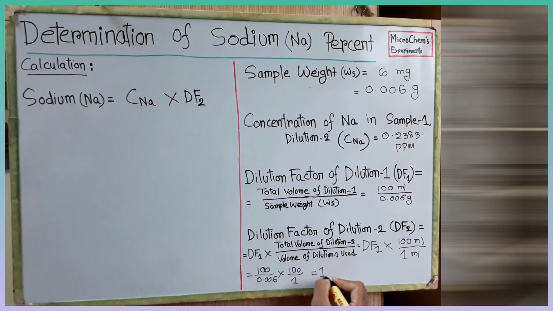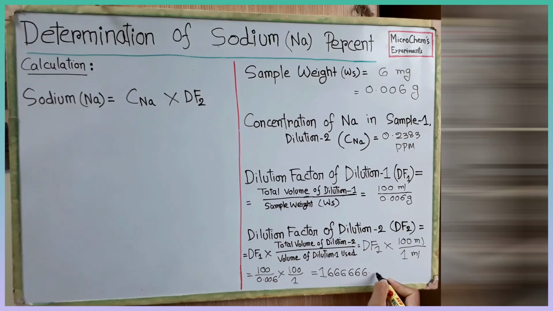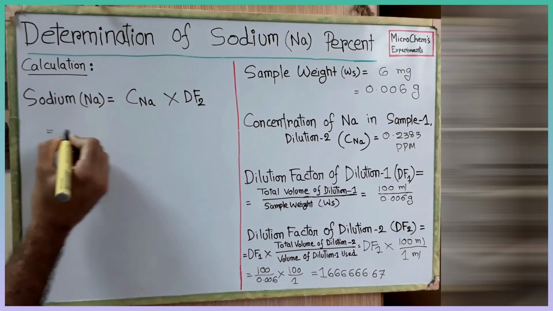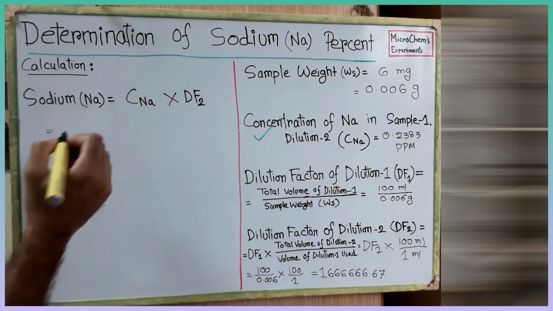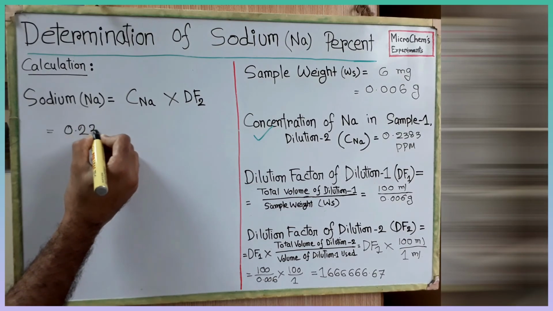By solving this equation we get dF2 is 1,666,666.67. Now we can find the sodium content in sample by multiplying C sodium, which is 0.2383, by dF2, which